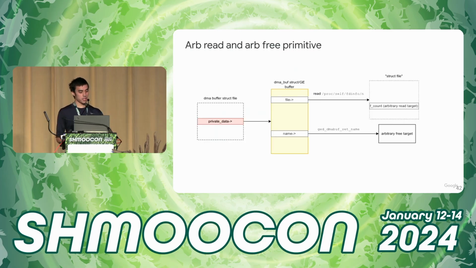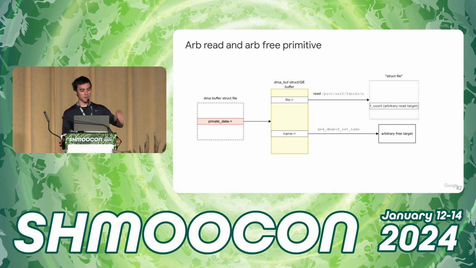So in practice, here's a little chart that maybe hopefully makes it a little bit clear. On the left side here, we have the DMA buffer struct file. As you may recall, this is free. It has been freed the entire time. It needs to remain free, otherwise my exploit crashes. Or actually, it won't crash now that I think about it. But nothing interesting will happen.